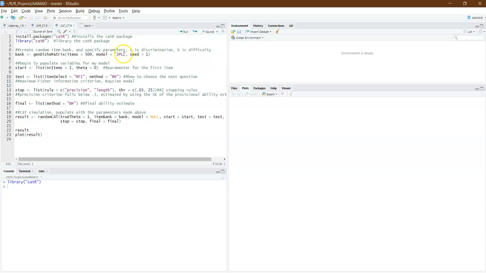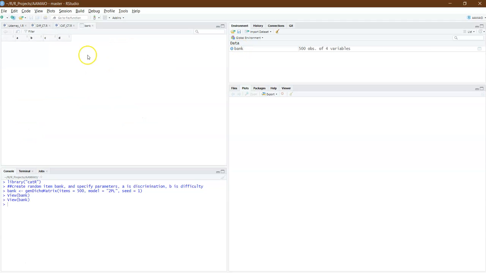So the 2PL model, I just want to review this really quick. These 2 parameters, the discrimination and the difficulty: A is discrimination and B is difficulty. So I'm going to go ahead and run this, and this is going to generate my item bank, which the computer adaptive testing will pull the items from. I'm just going to run this, and you see now I have the data. I have 500 observations of 4 variables. I'm just going to take a look at that,